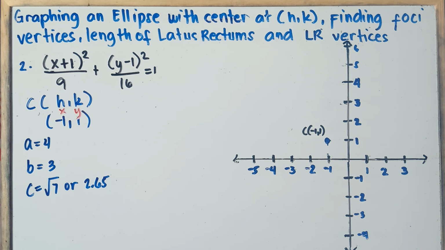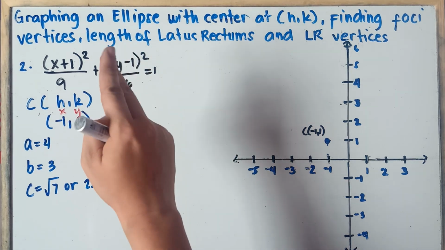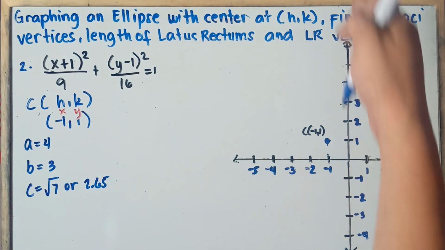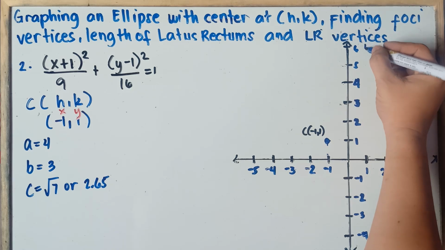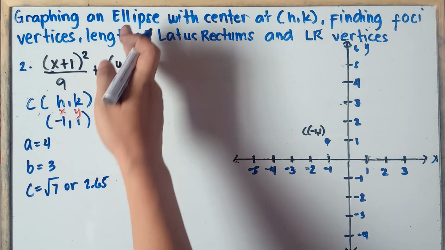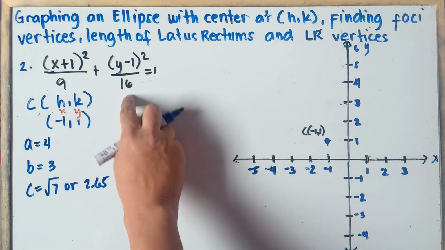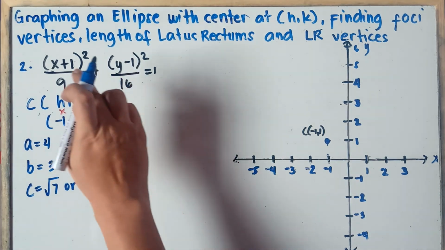Alright, and the next step, class, our a is 4. So therefore, we move 4 units upward and then 4 units downward. Now, you will be asking, sir, why is it upward and downward? Once again, class, our a is aligned on y squared. If it's y, class, that's the y-axis. This is the x-axis and then the y-axis. Once again, our a is aligned on y squared. We got that a while ago, plus or minus the square root of 16, that is 4. So our a is aligned on y squared because 16 is greater than 9.